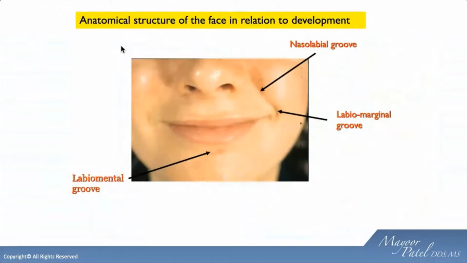In today's world, when we see things of this sort, what do we do? We just put in some fillers and pop that groove out. But in reality, what it's expressing is the soft tissue that's supposed to drape over the bony enclosure. There is a volume deficiency, hence you see these prominent grooves. As I mentioned, age needs to be a variable that is taken into consideration, and it's not across the board, but still something to keep in the back of your mind.